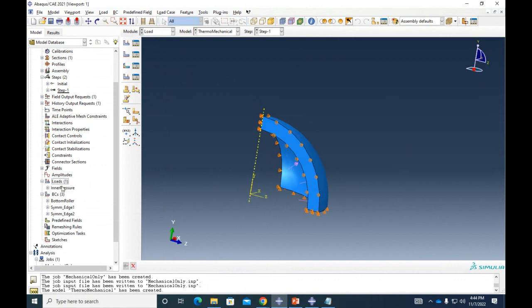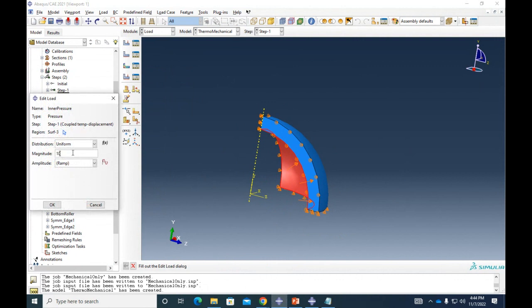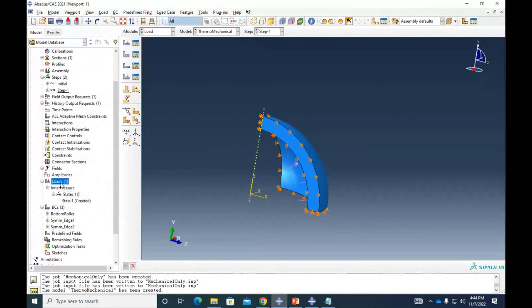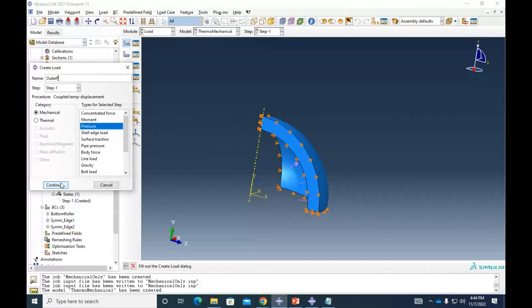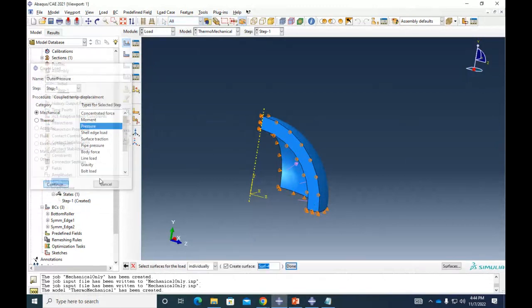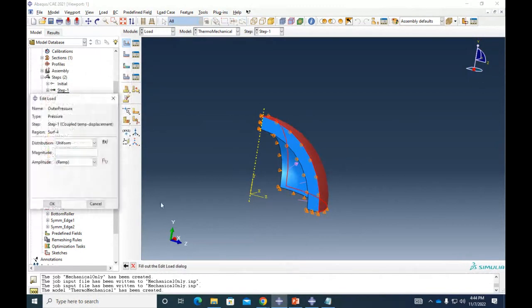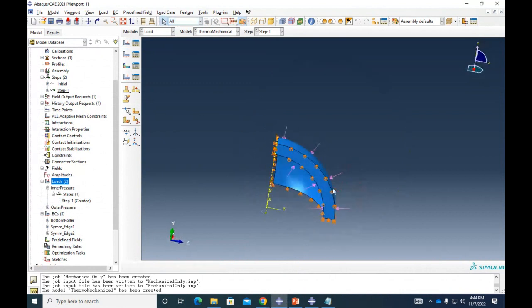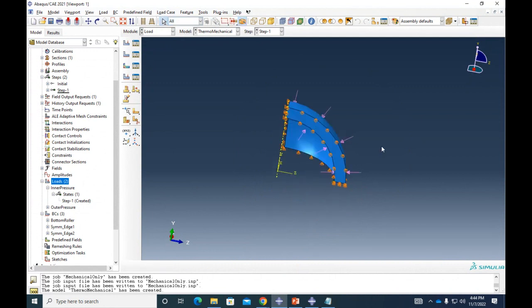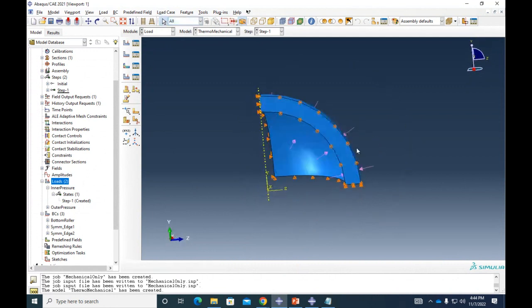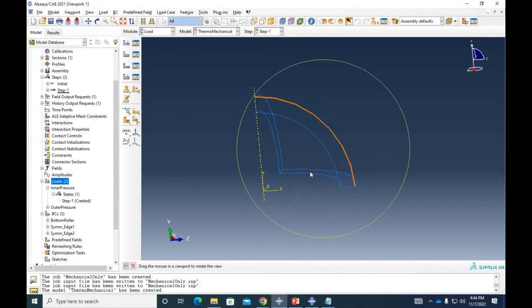And actually, let's do something way smaller. Let's do 10 megapascals. And then the outer pressure, we already said that it was the atmospheric pressure, which is 0.1 megapascals. All right. So have I added some temperature here? No. So let's do the simplest case, which is a conduction analysis, right?